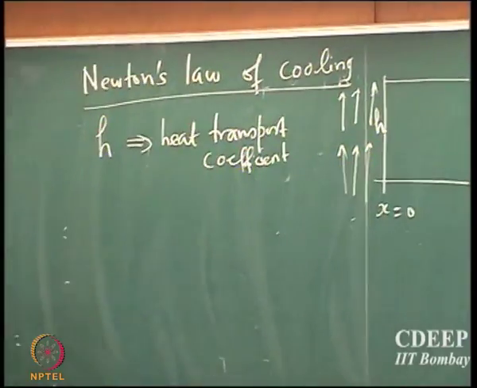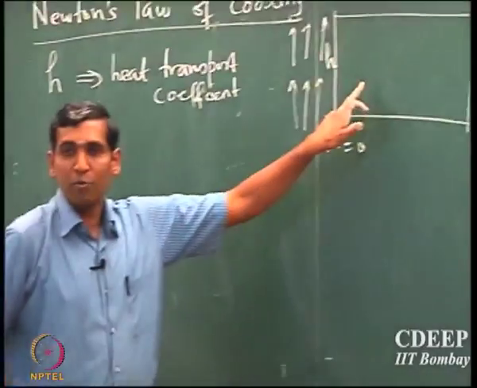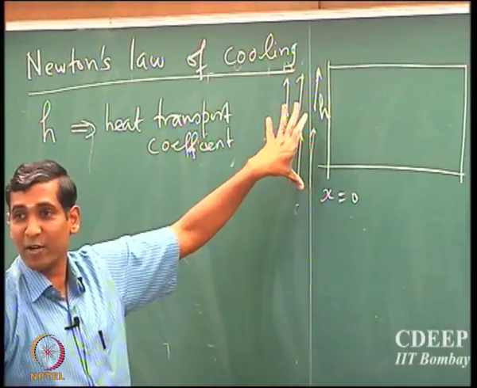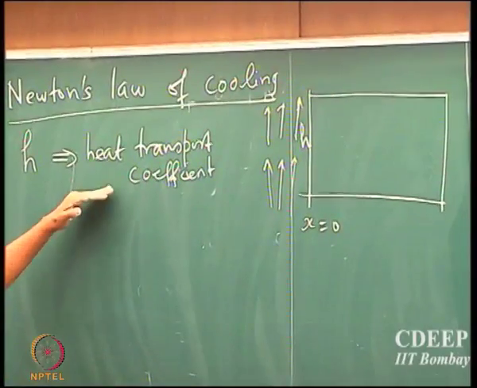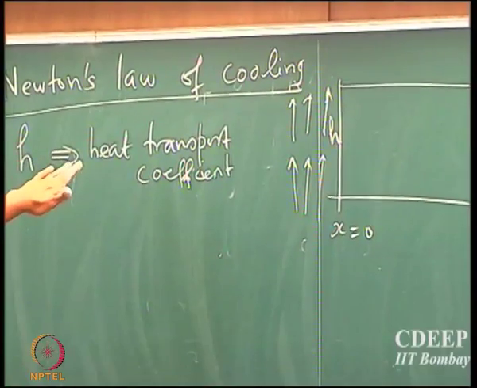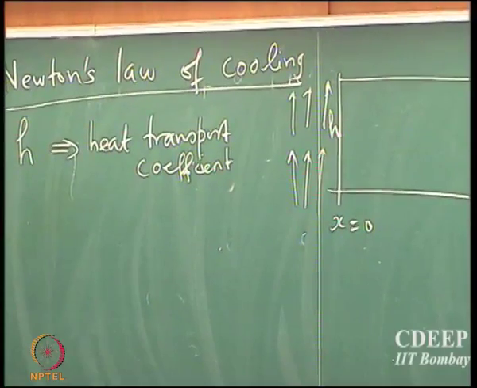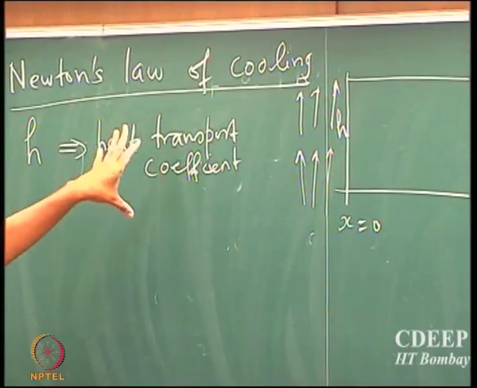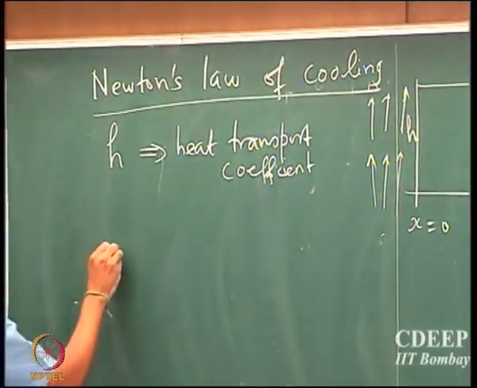And the reason for defining such a coefficient is that, note that here is heat transport across different phases. So here this is a solid and this is a liquid. So you have transport across different phases, and so we need to define some sort of a coefficient. That's a fictitious coefficient, and we will actually see how to estimate these coefficients. It's for convenience purposes such a coefficient has been described, and so Newton's law of cooling simply says that Q